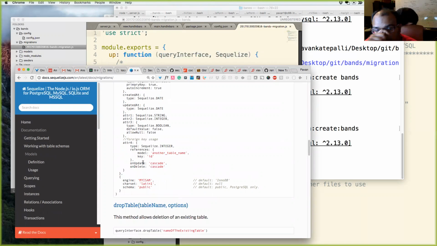So migrations are basically version control for your database. You could always create your migrations first before making your model files. Let's say you add a new table to your database.